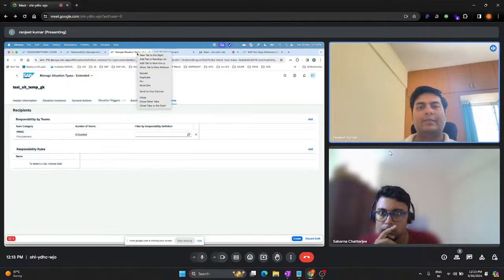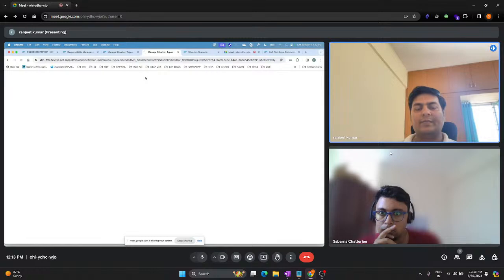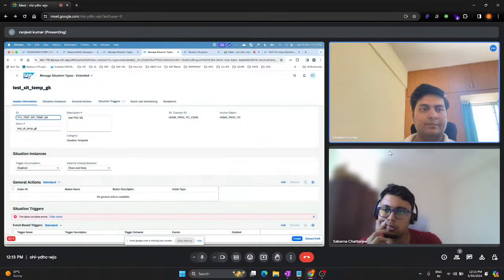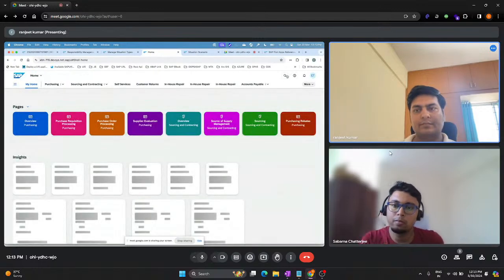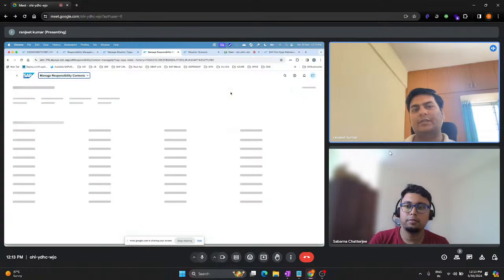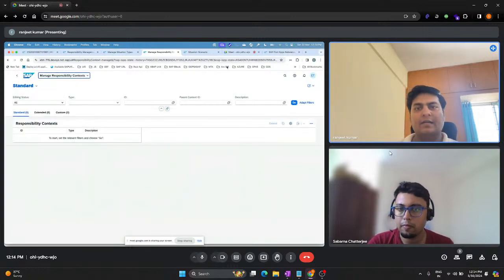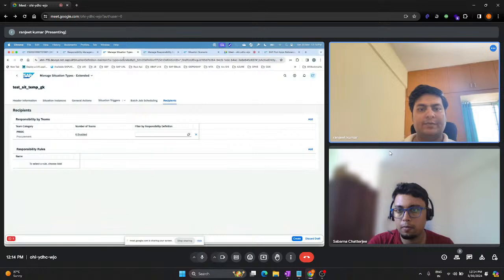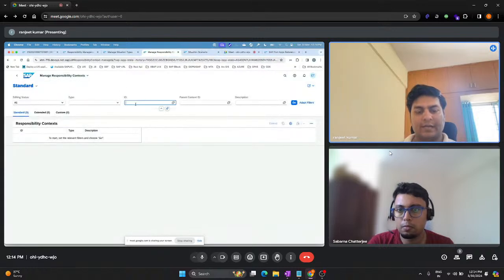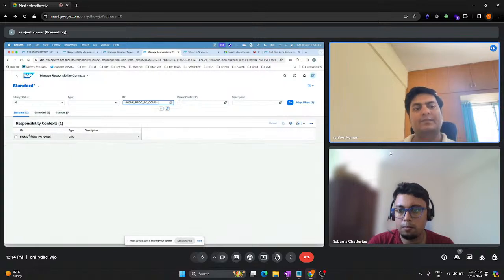So from where are these category and rules getting associated to the context? We have offered an application, the context application, called manage responsibility context, you can see here. If I take this particular context which we have in the scenario, this is the responsibility context ID, and I look for this ID here. Yeah, so you see this context came.